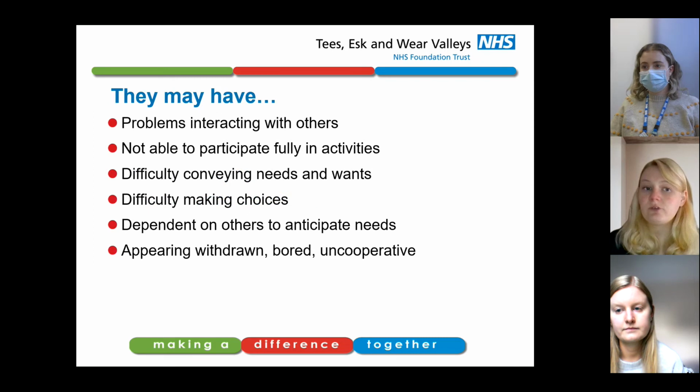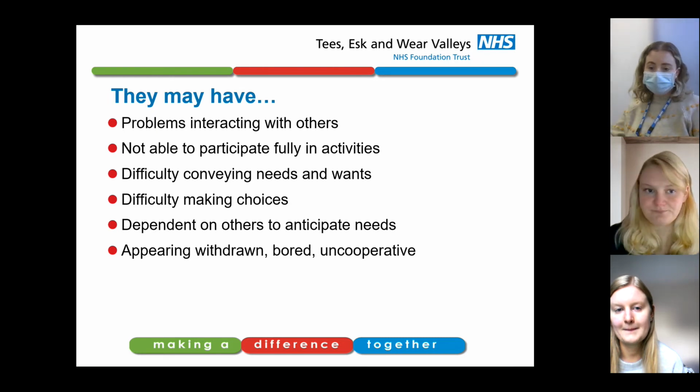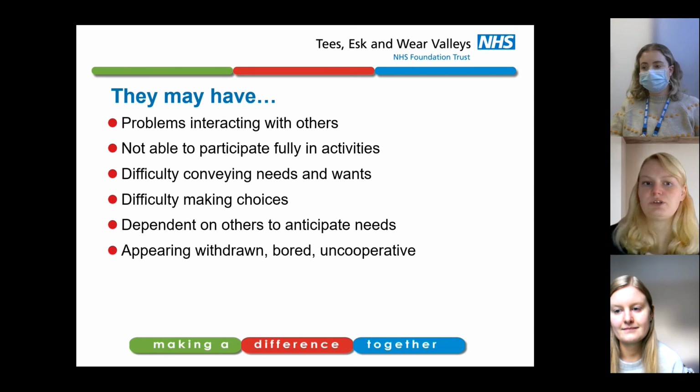Okay, so you might have come up with some of these. If somebody struggles to express themselves, they might have difficulties interacting with someone. Corinne's spoken about having that shared communication, that shared language. If we don't have that shared language, they're not going to be able to interact very well. So if I use Makaton as my primary form of communication, but Alana doesn't know Makaton, I'm not going to be able to interact with Alana that successfully. So our social interaction might be impacted.